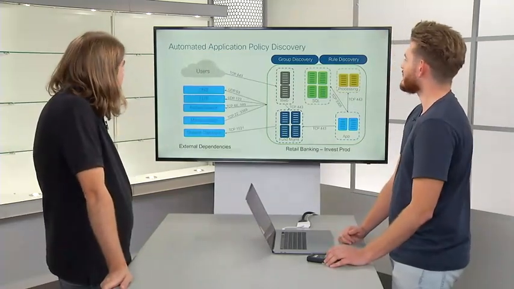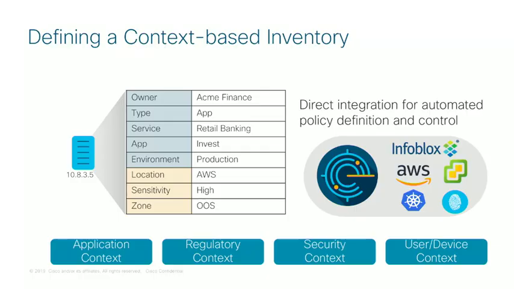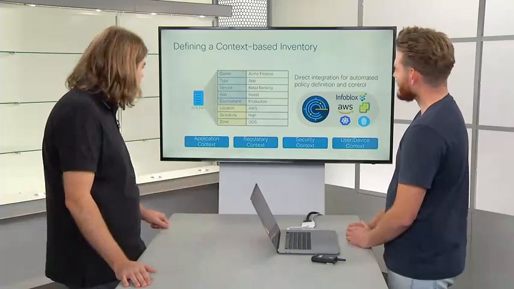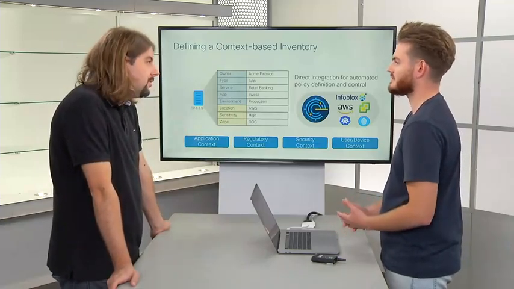Okay. So we discover the application policy, and we allow you to provide extra context around those workloads or those users so that you can begin to slice your data, analyze your data, and control those workloads in a more human-friendly way. On the left-hand side there, you have the IP address of that workload. You might be able to remember one IPv4 address. Could you remember an IPv6 address? Dead beef. Maybe one of those. Okay, I try. You can find some funny names, but yeah, okay, I agree with you. We're talking about hundreds of thousands of workloads potentially in the future. There's no way that IPv6 addresses can be held in a person's head. Even IPv4, it's very hard.